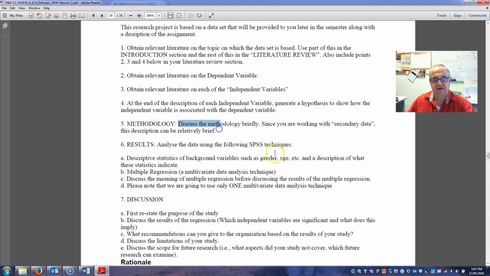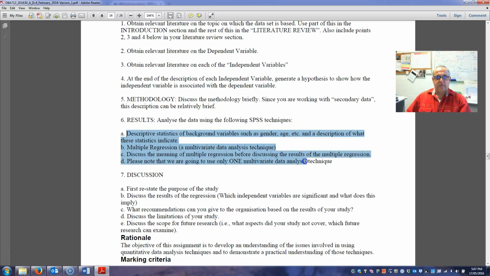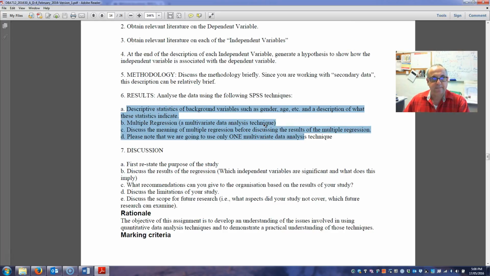Discuss the methodology. I've provided some background on the methodology in the notes to the assignment that you would have downloaded. Then you see this is what we've asked you to do in SPSS along here: a descriptive analysis, a multiple regression, and the meaning of multiple regression, and then provide what we mean by that study. Okay? Alright, so what we're going to do now is open up SPSS and do a descriptive analysis and a